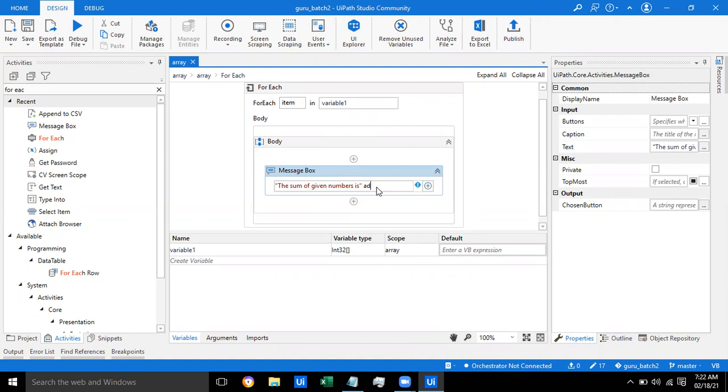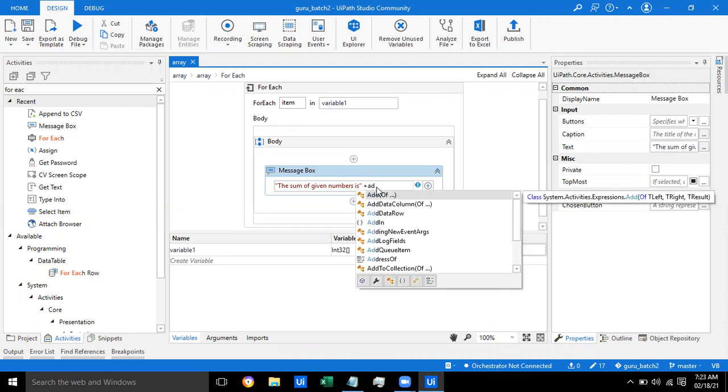Two minutes. Array, integers, new integer.